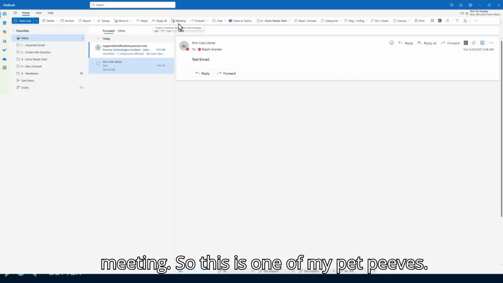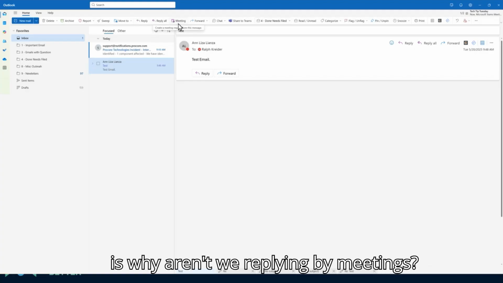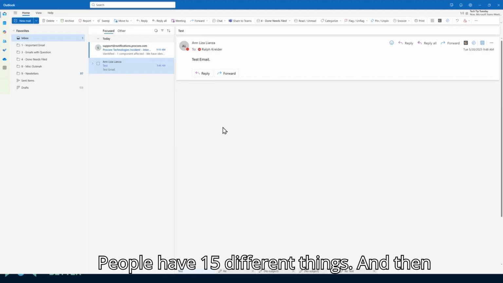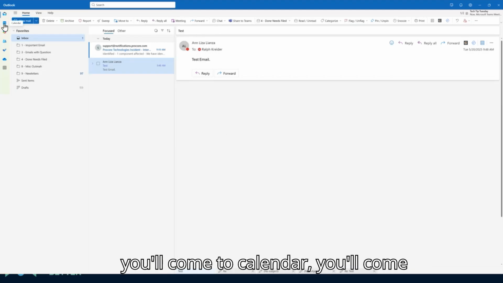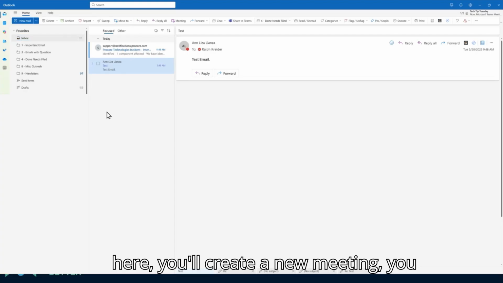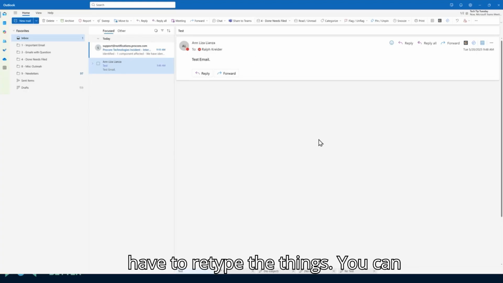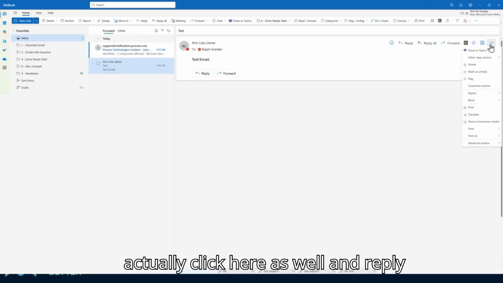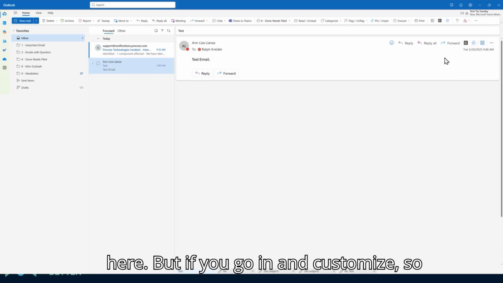So this is one of my pet peeves: why aren't we replying by meetings? People have 15 different things, and then you'll come to calendar, you'll come here, you'll create a new meeting, you have to retype the things. You can actually click here as well and reply here, but if you go in and customize, so come here